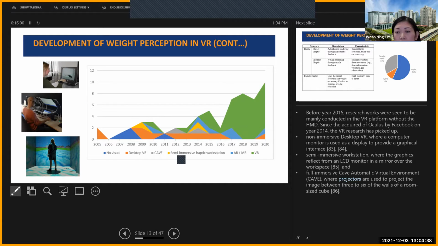Then the semi-immersive is this one, where the graphic is reflected from an LCD monitor in a mirror over the workspace. And then there's another one, a CAVE platform. It's an automatic virtual environment using projectors to project images onto three to six walls of a room in a cube size. Okay.